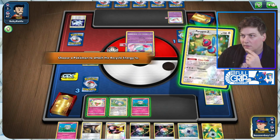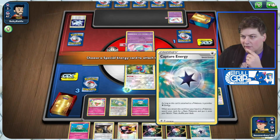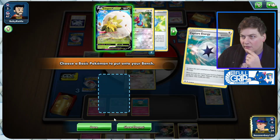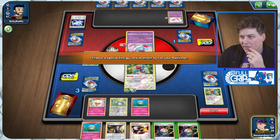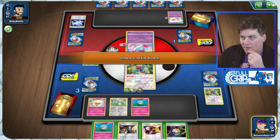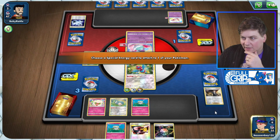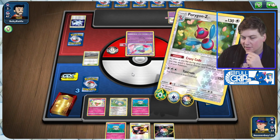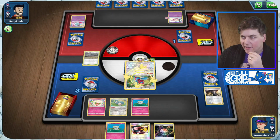Crazy Code here. Yeah, we can't Marnie them into a loss. Crazy Code here. I'm trying to think. I mean, we just take a knockout on the active, I guess, but it's going to be too little too late. Because they're going to go retreat into...